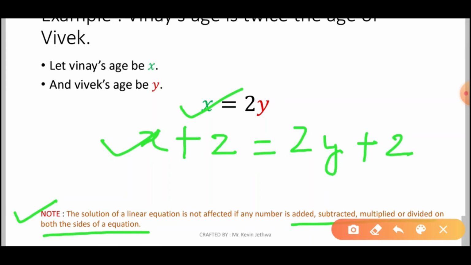So it is kind of balancing both the sides. Whatever you are doing on the left hand side, you also have to do on the right hand side. Means if you are subtracting, adding, multiplying or dividing any number on the left hand side, the same number you have to add, subtract, multiply